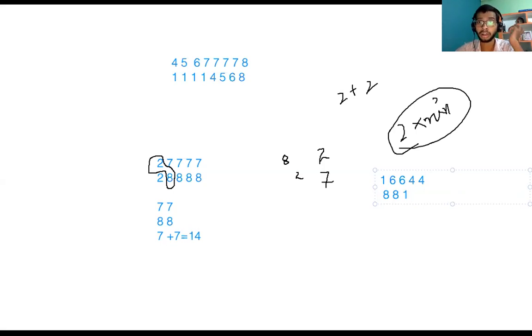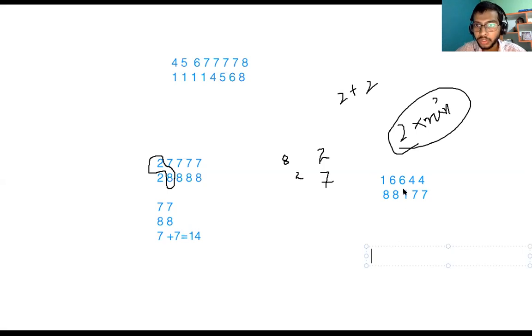I was thinking about the input case, but I'll explain the input case. Let this one be 7. Okay, so this one is our case. In this case, what will happen?